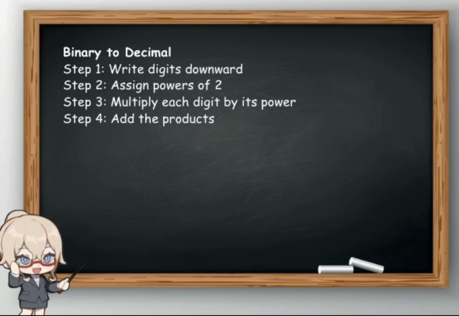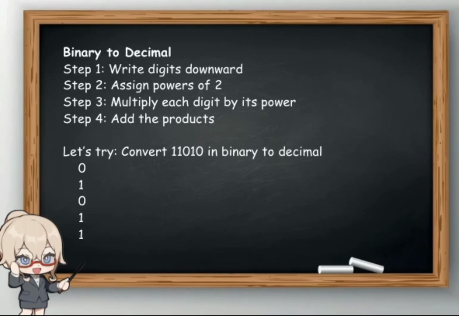The steps are: Step 1, write the digits downward. Step 2, assign powers of 2. Step 3, multiply each digit by its power. And last, add the products. So now, let's try converting 11010 in binary to decimal. So we write 01011. Next, assign powers of 2 starting with 2 raised to 0 at the rightmost digit, then increase by 1